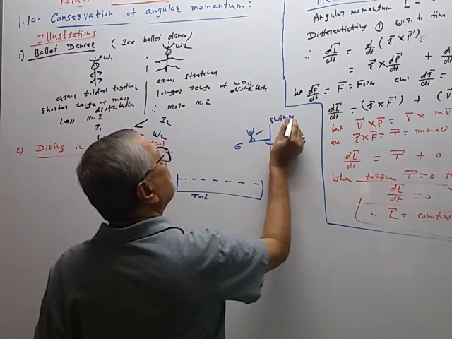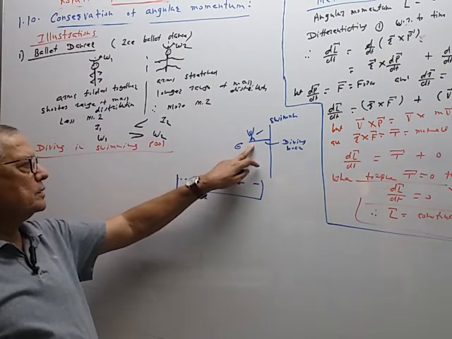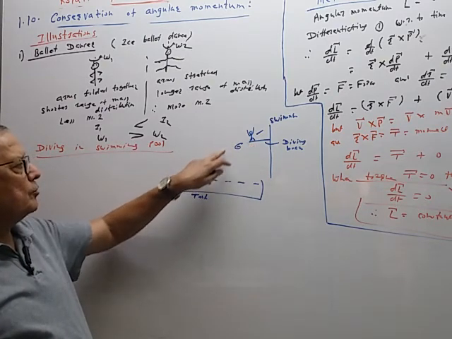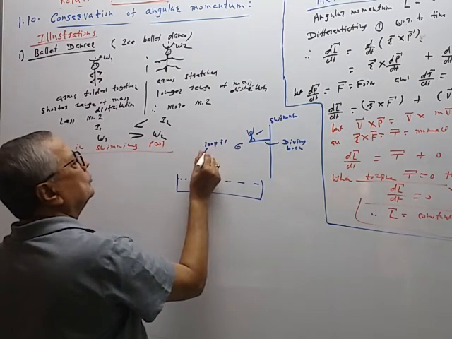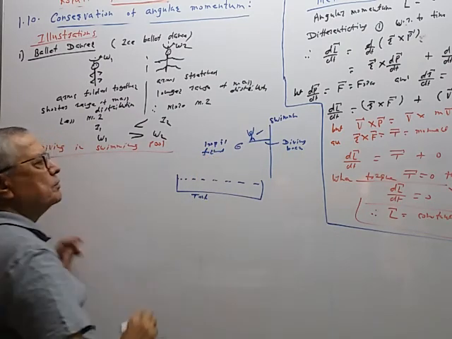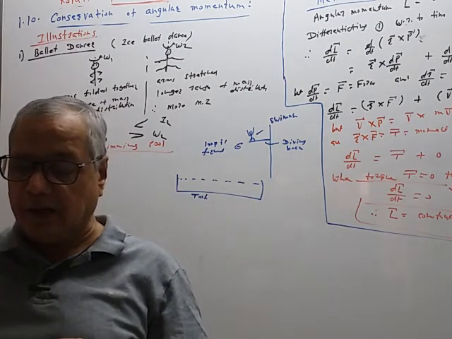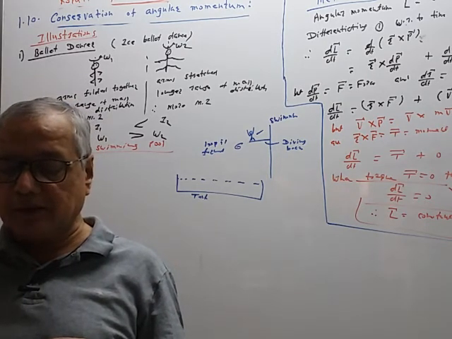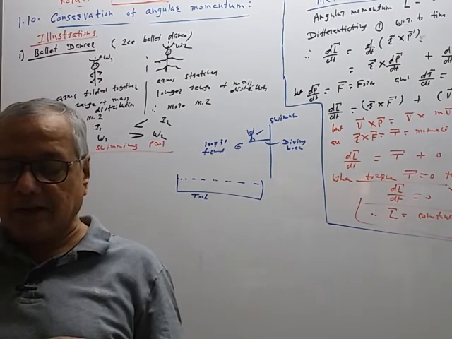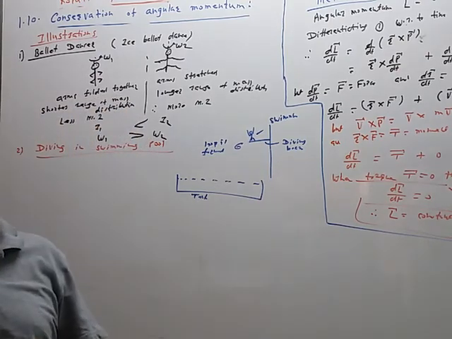While jumping, the swimmer has his arms stretched, smaller moment of inertia like this. Now when he jumps, he forms a loop. Loop is formed by the swimmer. So by forming the loop, he contracts the body, he reduces the moment of inertia, and therefore while leaving the board, they fold their body. This reduces the moment of inertia considerably, and therefore omega increases, frequency increases, and they can complete more rounds in air to make the show attractive.